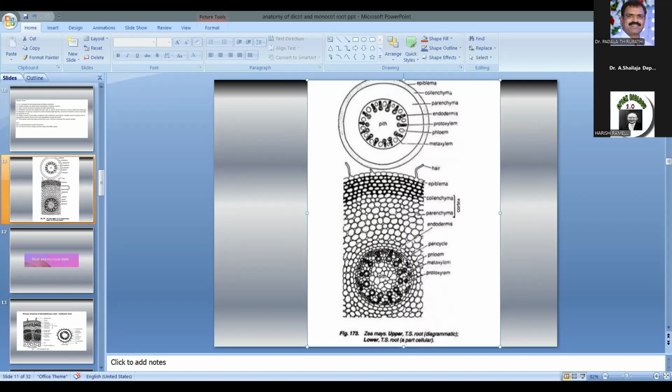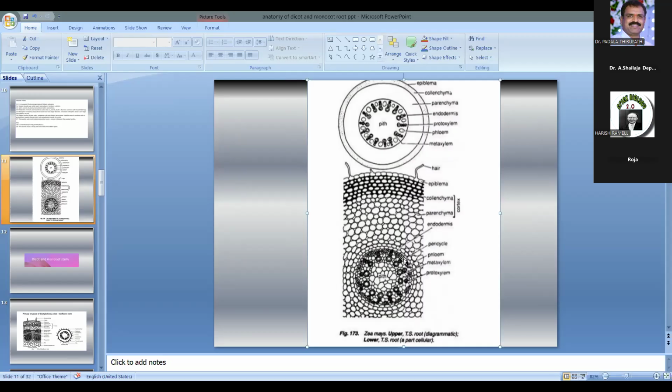In older roots, the pericycle often undergoes sclerification partly or entirely. In many monocotyledons, some grasses, Agave and Dracaena, the pericycle consists of several layers. Please remember Dracaena and Agave. Pericycle is generally a complete ring of cells, but in some grasses its continuity is interrupted by the protoxylem or phloem elements. Okay, this is about the pericycle.